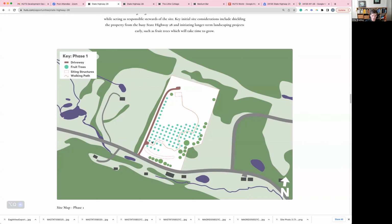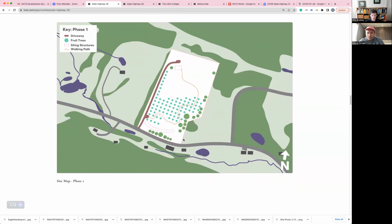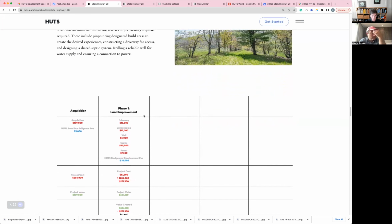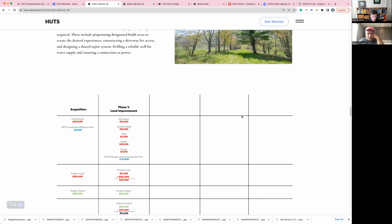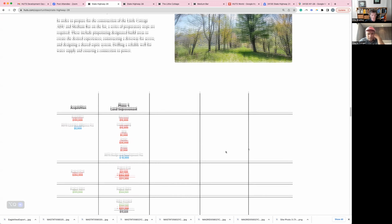So in this first phase, you're building this initial driveway, pushing it back as well. This is really a key moment where you can phase out the rest of your project. In prepping, if we look at the pro forma, we're imagining spending up front here, building a longer driveway back into the site. You're doing this initial landscaping work. You're putting in a larger septic system. So for this phase, you're putting in about